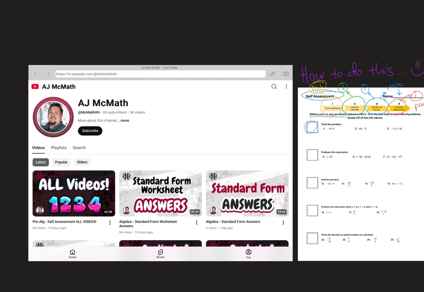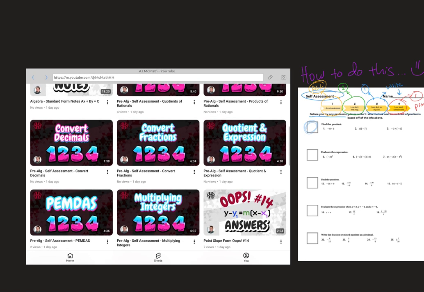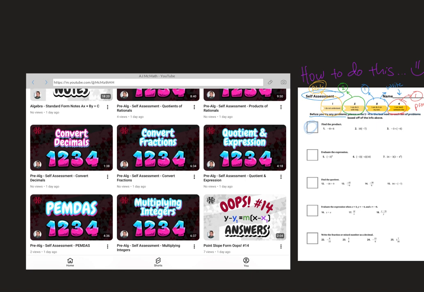But let's scroll down here. These are the sections broken down, okay? So there's not a ton of them, but here's the first section, the second section, third section, fourth section, fifth section, sixth and seventh section. So if you're stuck, don't stay that way. See what you can do to figure it out, okay?